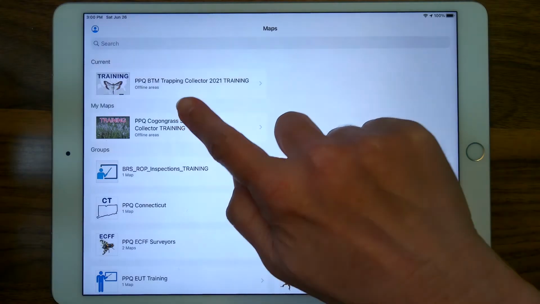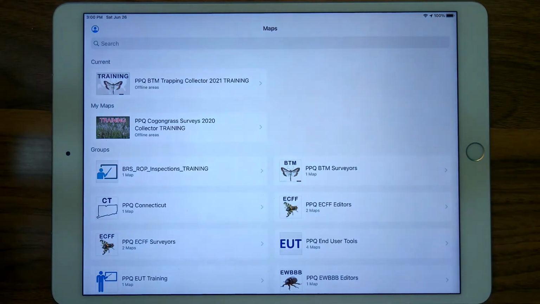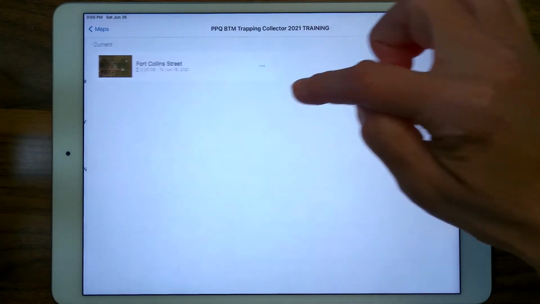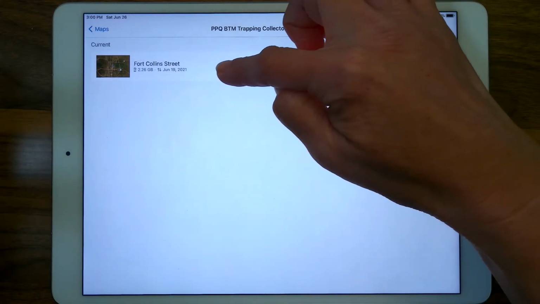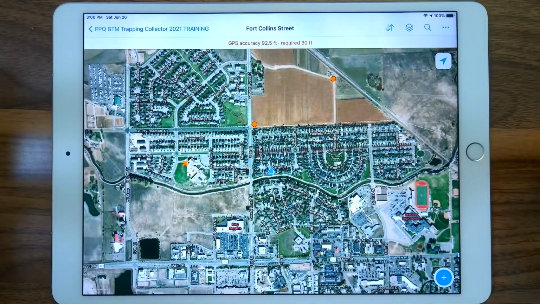It's indicated there underneath the title. So I have a map area downloaded to my device, and I can collect data while disconnected from the internet. However, I'm in my basement, so I'm going to remain connected and make sure I can show you a demo that works. So I'm going to open this downloaded map area, and I am in Windsor, Colorado, and I've got